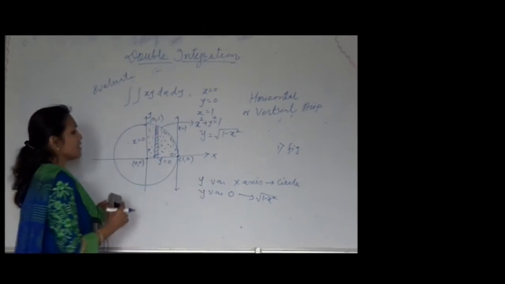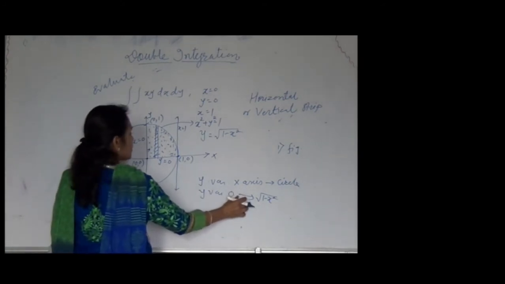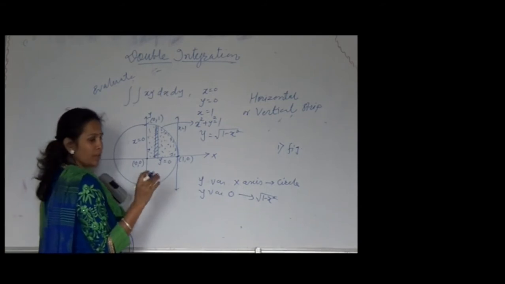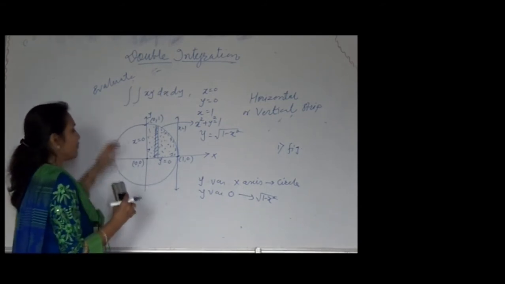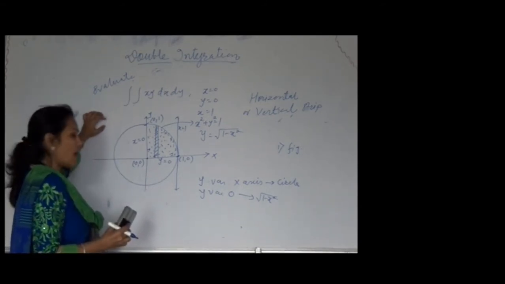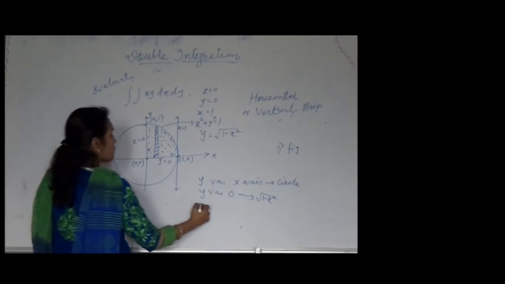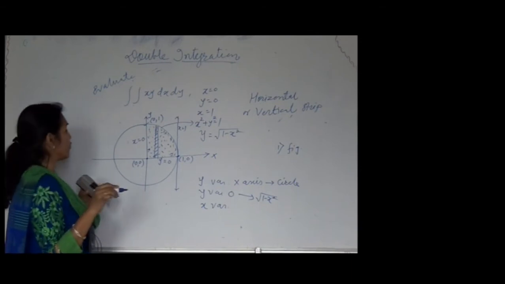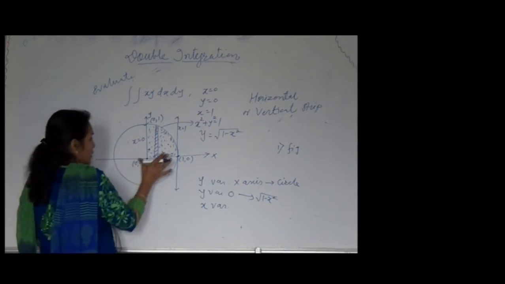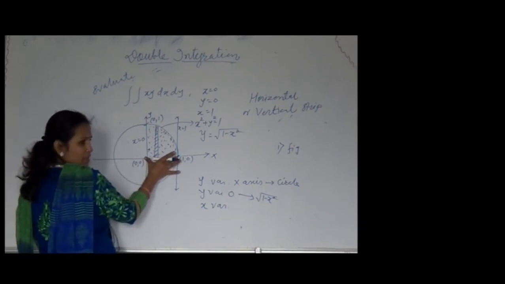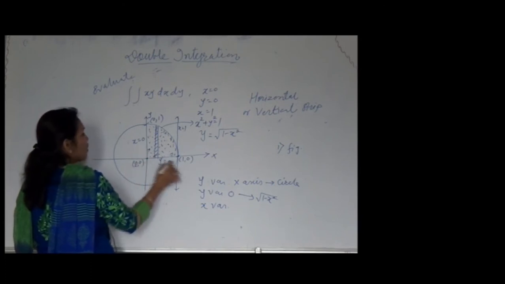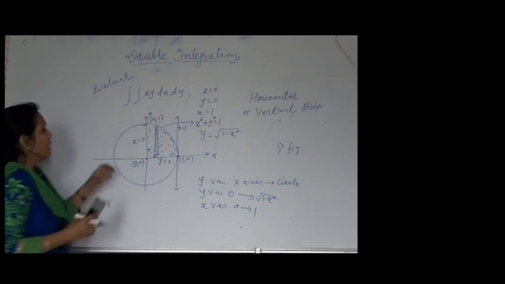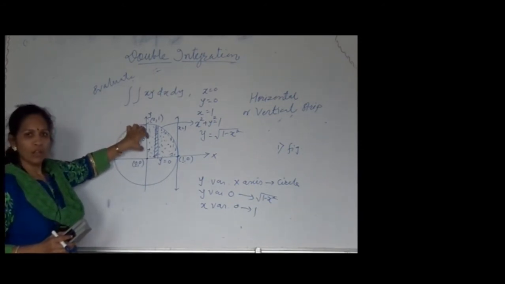As y varies in terms of x, obviously x must be in terms of constants. One of the limits must be constant, since we are solving a definite integral and getting the answer. So x varies in terms of constants. For those constants, we have to see two points. This much is the area of the x axis covered. So x varies from 0 to 1. Getting it? The vertical strip is drawn.